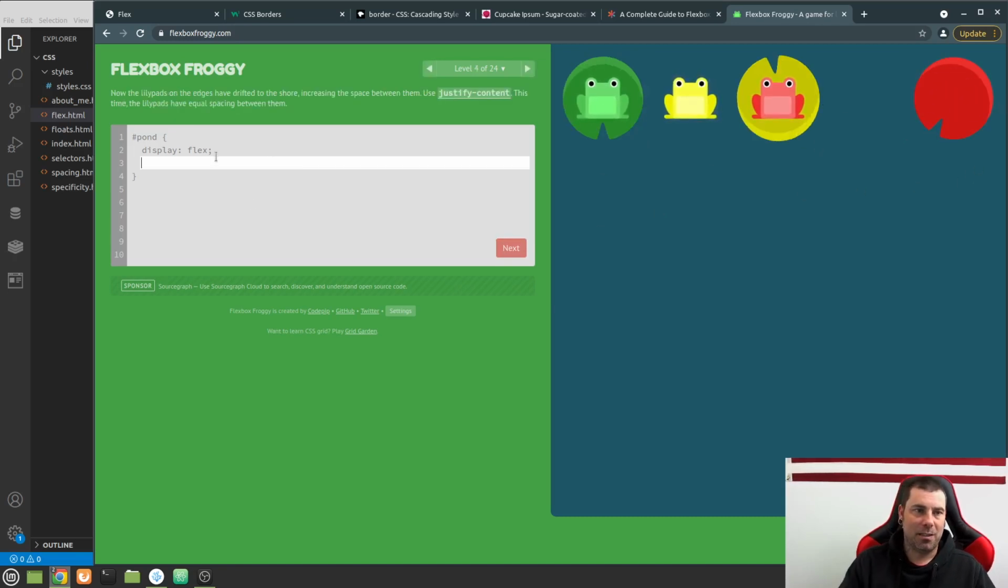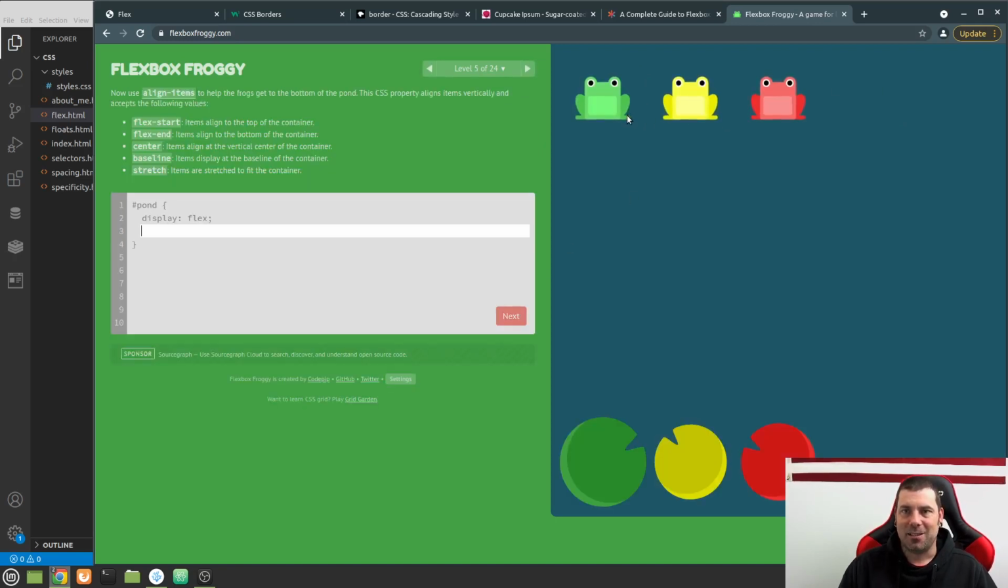Now this one will be justifyContent space around, or no, between rather, sorry. So you get to play this game, and there's 24 levels as you go, and it gets progressively harder. And then now look at this. So now we start talking about align items, because now, see, it says align items. We got to get these to the bottom. So instead of using justifyContent, we're going to use align items flex end,